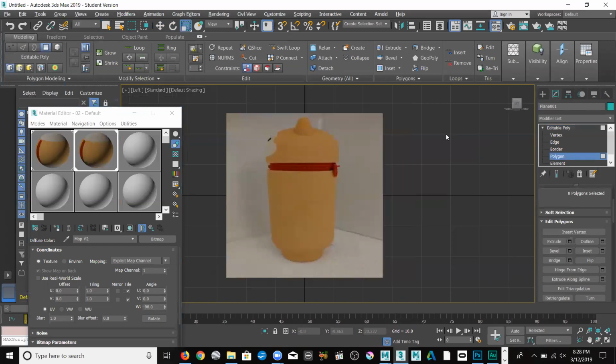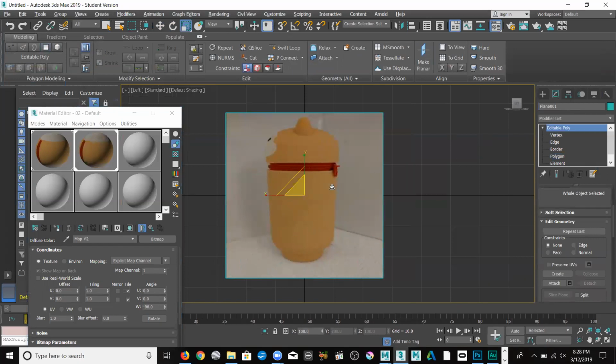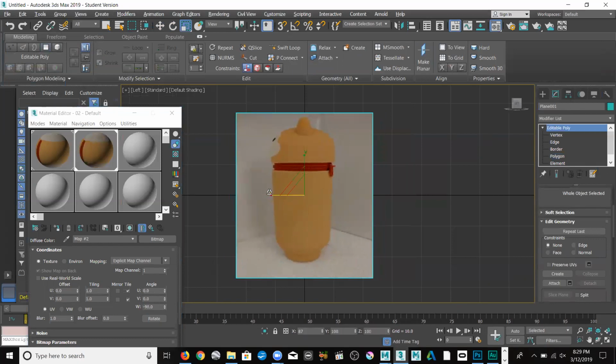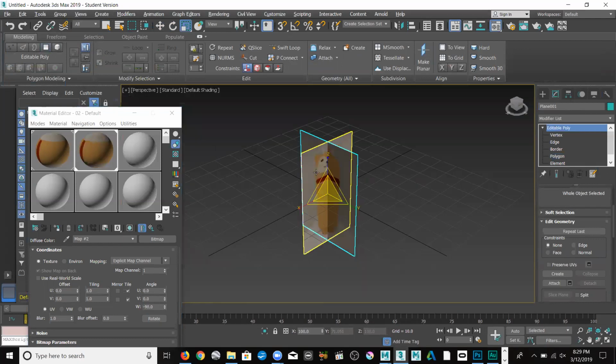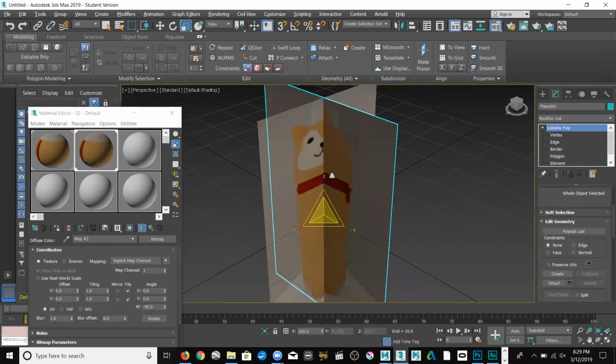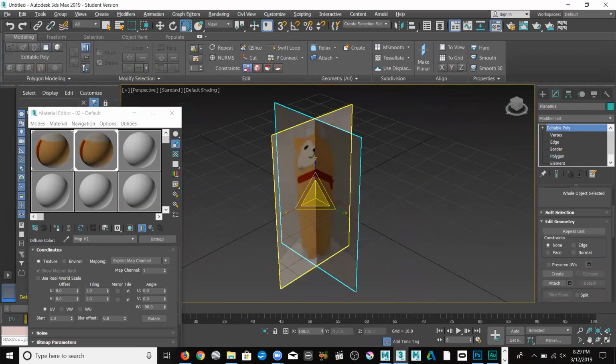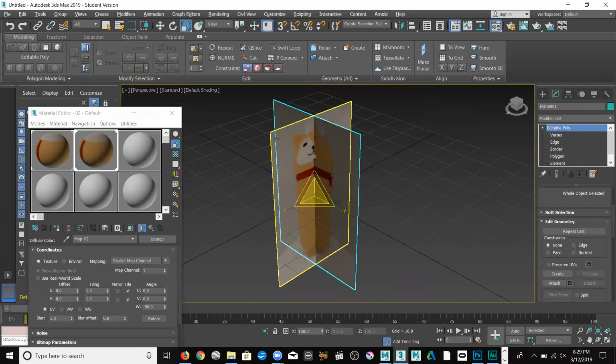R for the scale tool. Oh, I guess we have to go up to editable poly first. And then let's just go ahead and close this down like that. Now, if we go back to the perspective by hitting P, you can see that these guys are pretty much aligned with each other. And what I can do then is I can take this one, and I can move this back,